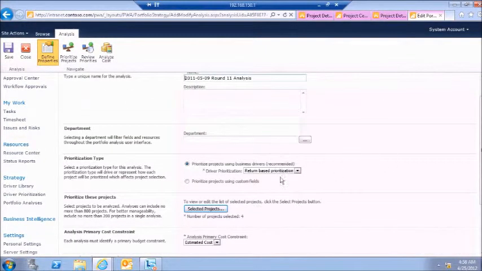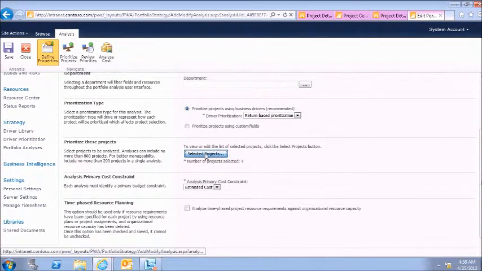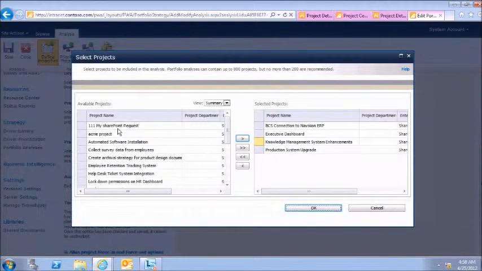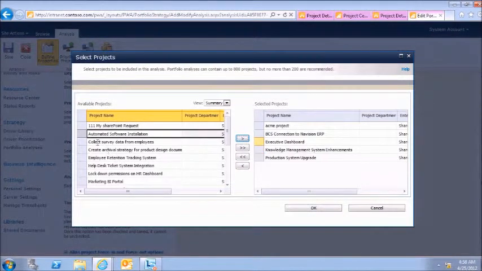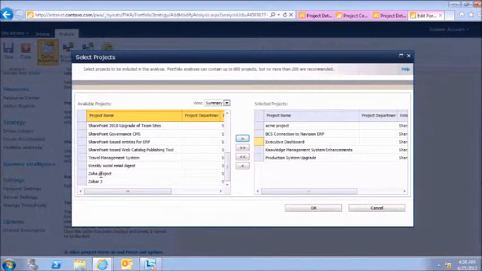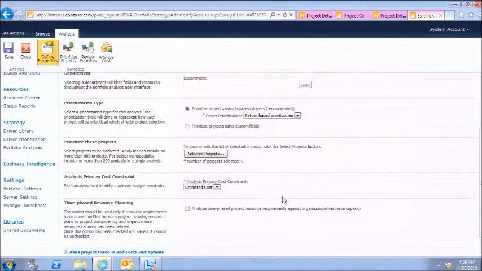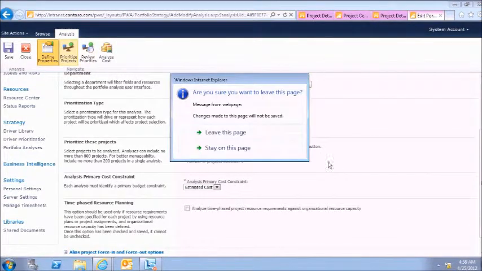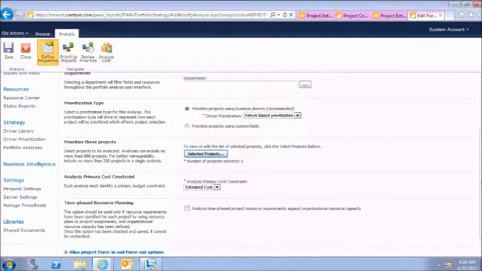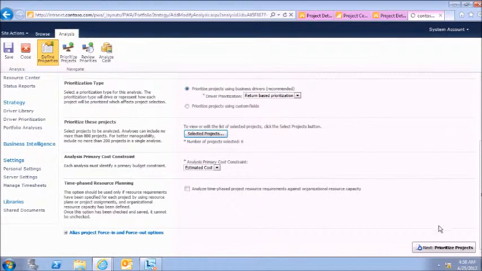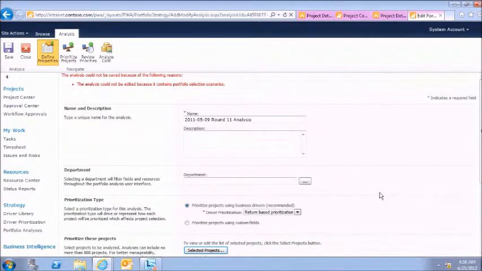We can do multiple models that allow us to basically say, okay, which projects are we going to include in here? So I'm going to add in my Acme project. And let's add in, say, there's one at the bottom called the Zohar project. And we'll add that one in as well. So I've got 6 projects in here at the moment. I can choose how I want to review these based on the cost or benefit or something else like that. And what this system will do, if I do it properly, is as I move through the process,